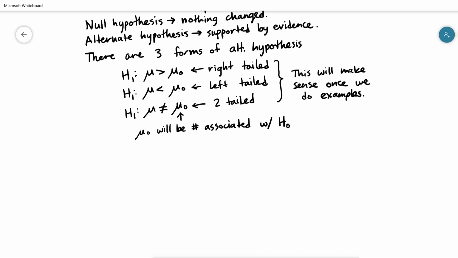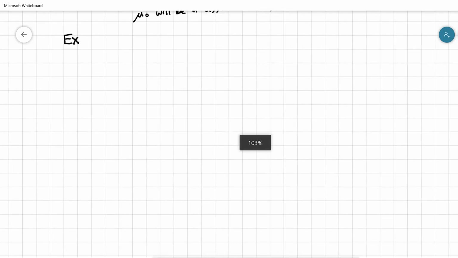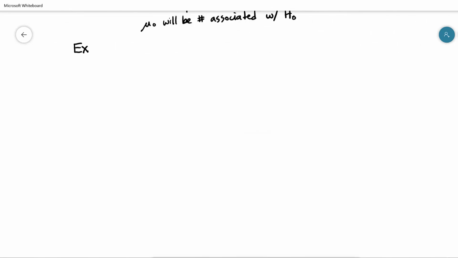So let me just do maybe one other example just to get a sense of whether or not we understand what the null and alternate hypothesis mean, and we can try to identify what our tail is. Are we left-tailed, right-tailed, two-tailed, etc.? Okay, so in this example,